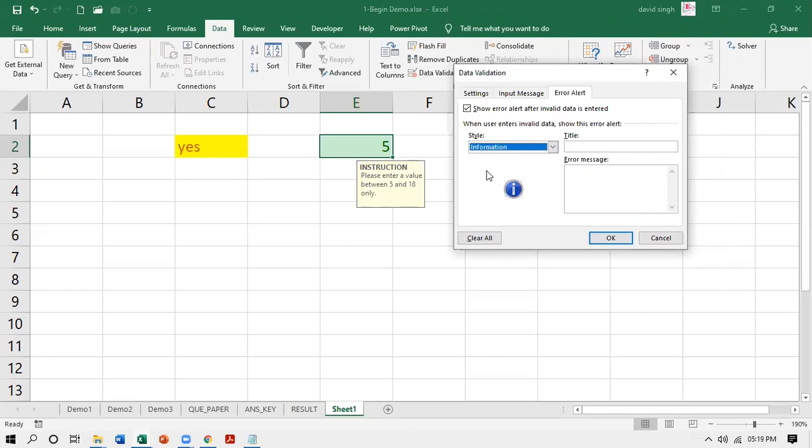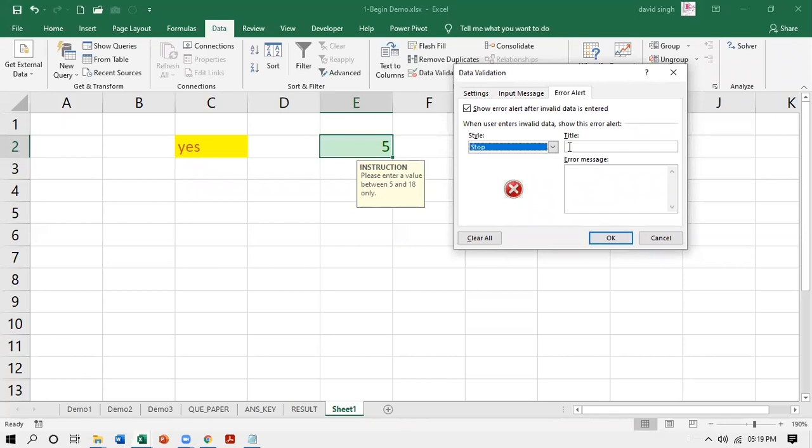It will just inform you about the error, but will accept the invalid value. If you take the style warning, it will give you a choice whether you want to go with the valid value or invalid value. And if it is stop, it is very strict. It is not going to accept the invalid value at all. So whatever style you take here, mostly we use a stop style because we don't want invalid values.